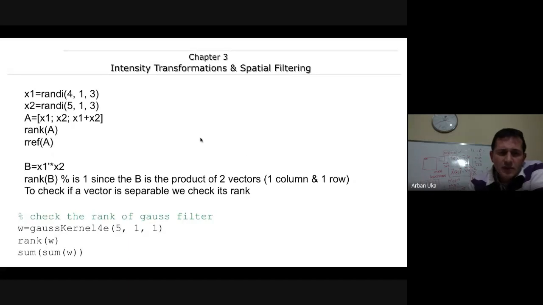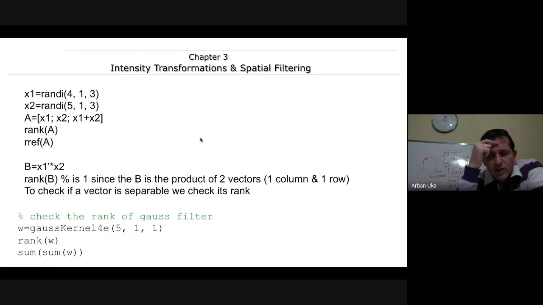In fact, here we have some examples, and you can run these. But let me see. You can check actually what x1 does. A1 is x1, x2, x1 plus x2, rank A. Okay. So this produces one row, but maybe it's best if you run this one on your own. And the essence here is that once we are given several rows, we try to get the rank of A.